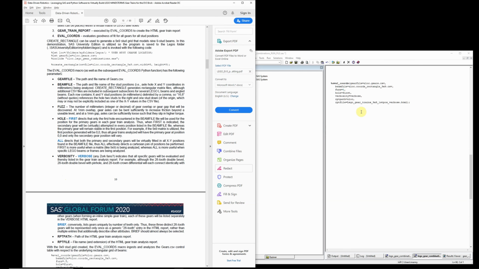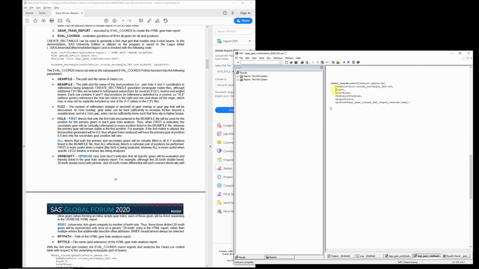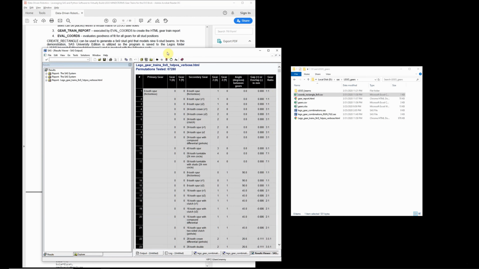If verbosity instead is set to brief, then each gear will be aggregated into groups based on the number of teeth. And as mentioned previously, setting the fuzz parameter to 1 specifies that any gap or overlap will be less than 1 millimeter. With verbose on, gears are listed not only by the number of teeth, but also by the